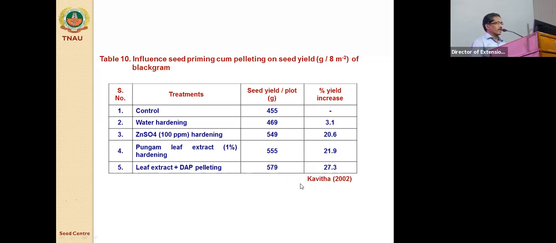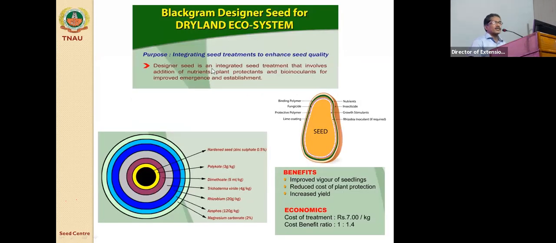This is what we recommended in 2002. Another concept we have is nothing but pelleting only, but based on the need, for a fancy purpose, we have named it designer seed. So designer seed is nothing but pelleting, incorporating whatever you want based on our requirement, based on the need, based on the customer. We can change the shape, size, or requirement, whether it is required for improving germination, or for easy handling or mechanized sowing. All these things put together, you can design your seed. That is our idea.